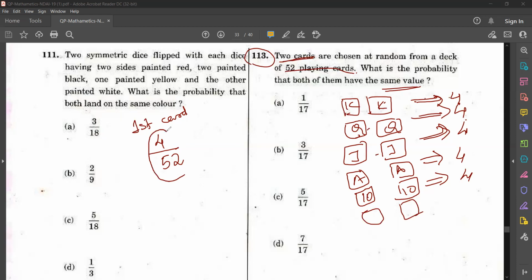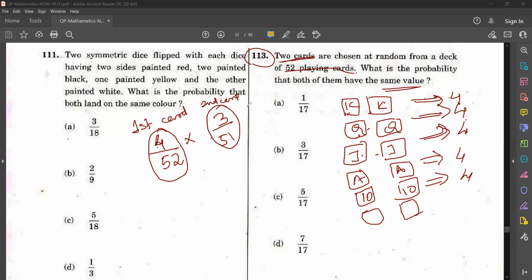So the first card I'm taking, the probability will be 4 by 52, into the second card. What will be the second card if it is of the same category? That will be 3 by 51, isn't it? Why? Because suppose I'm taking the first as king. There are 4 kings out of 52 total cards. Next is also king, meaning that will be 3 by 51. So that will be the same in any case. Suppose I'm taking joker, for getting the first one as joker, that will be 4 by 52. Then the second one also joker, meaning that will be 3 by 51.